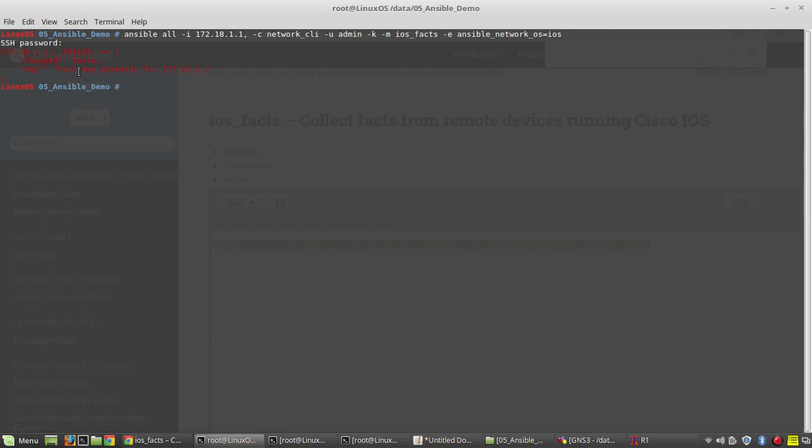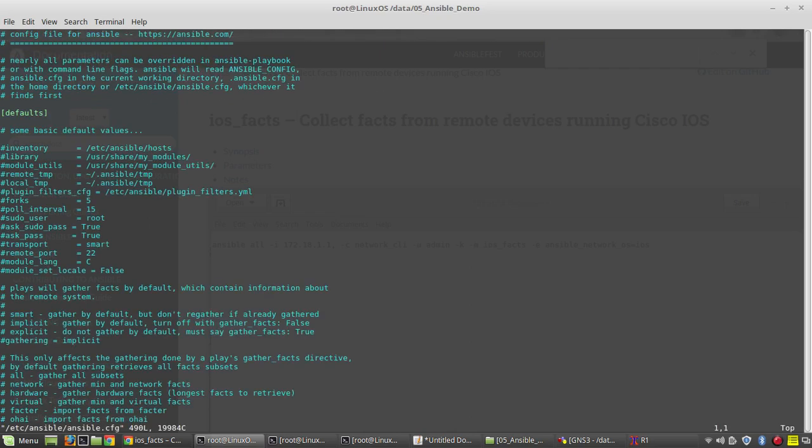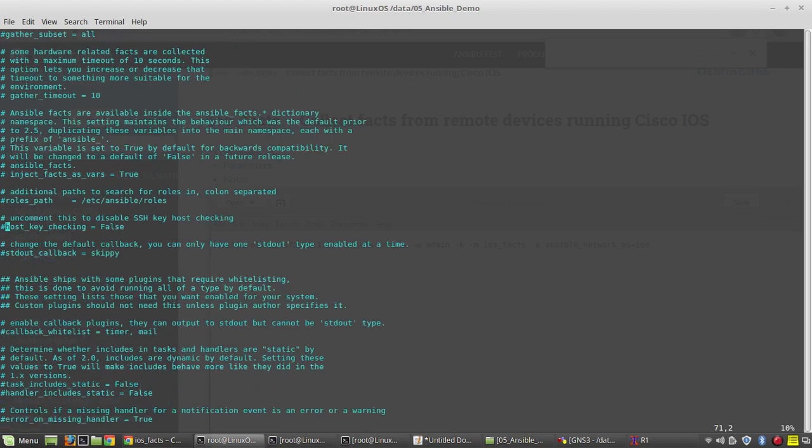Okay, we got a host key mismatch error. If you get this error at any point, there is a property in the configuration file, in /etc/ansible/ansible.cfg. You can search for host_key.